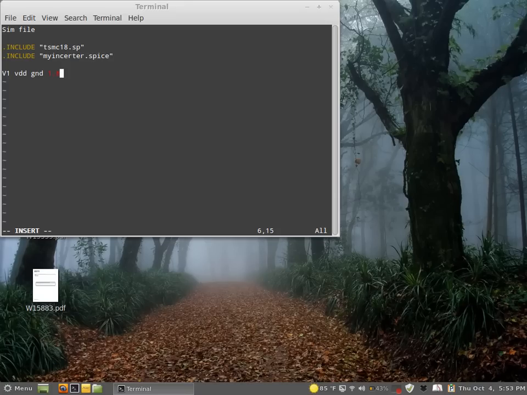Okay, so I connected VDD and ground. I put a voltage source between VDD and ground of 1.8 volt. V2 is going to be a pulse, and it's between in and ground. It's going to be a pulse between, say, 1 and 1.8,